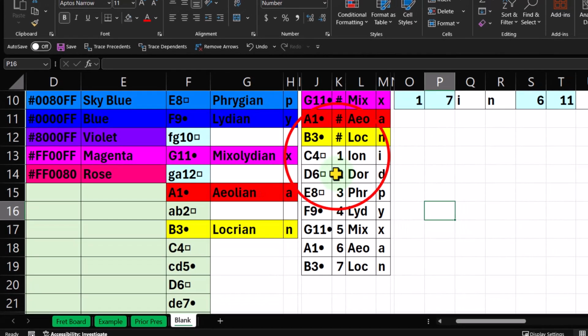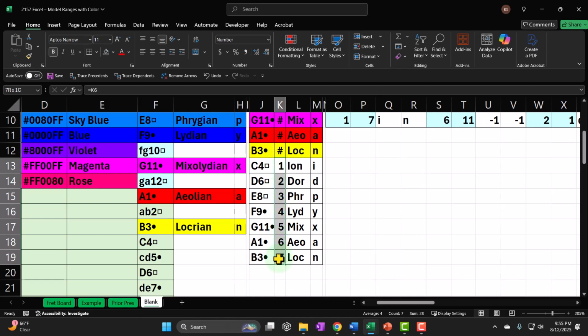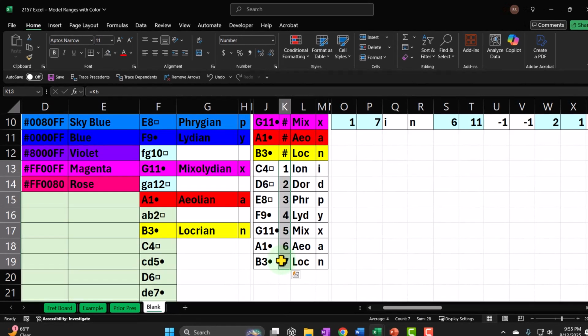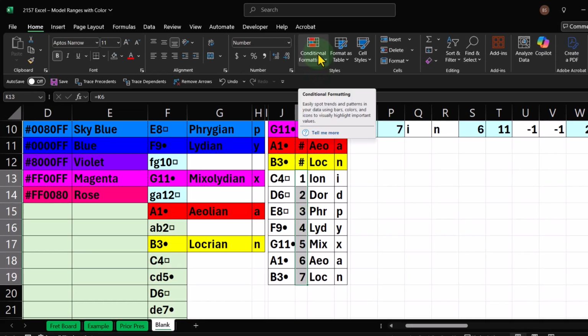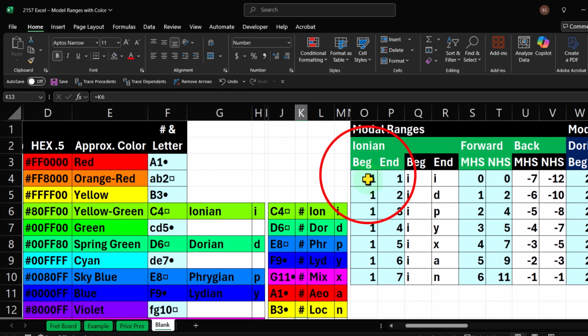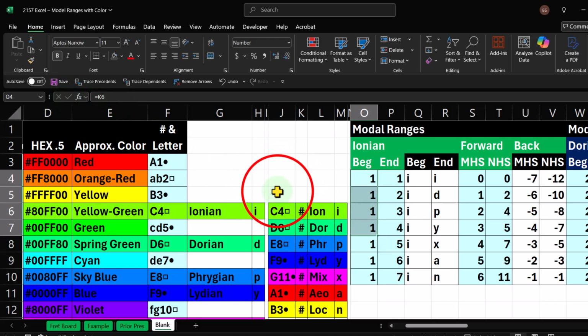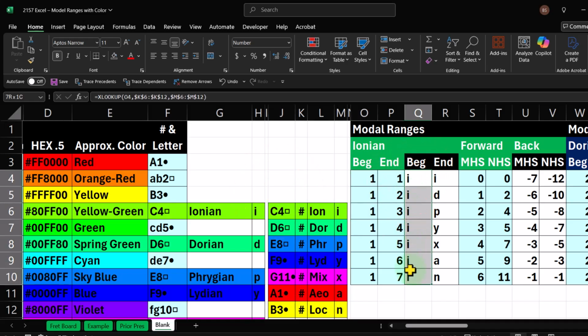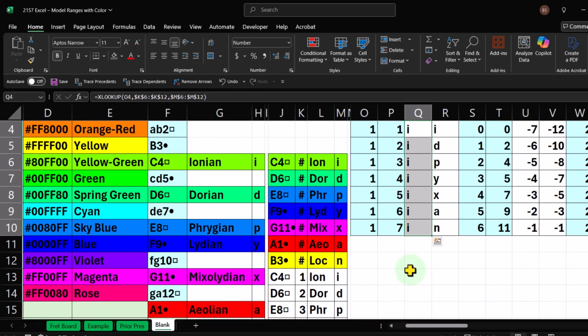format paint these, but I want to use conditional formatting, because I want to be able to grab this and put it over here. So whenever I see a 1, I don't want to have to color code it manually. I want it to color code automatically when I do the format painter. Similarly here. So this is going to be tedious to do the format painting this way,